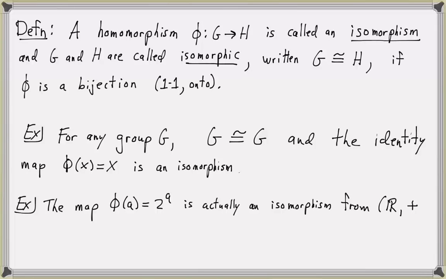from the real numbers under addition to the positive real numbers under multiplication. Now, this function does not map onto all non-zero real numbers, but it does map onto the positive real numbers. So this is an isomorphism from the real numbers under addition to the positive real numbers under multiplication. So we showed already that phi is a homomorphism